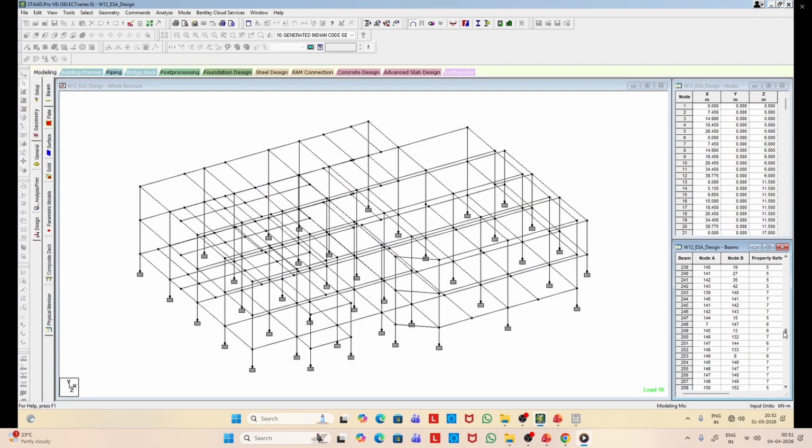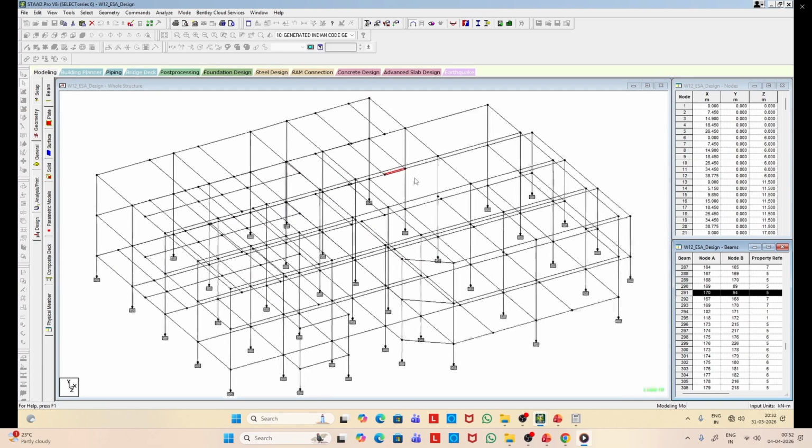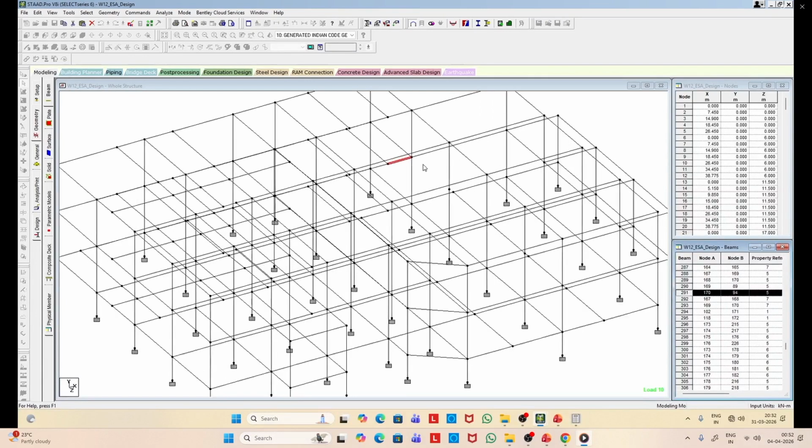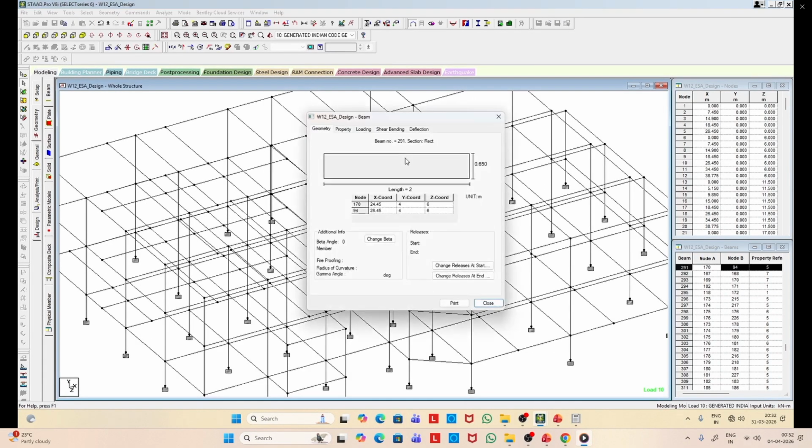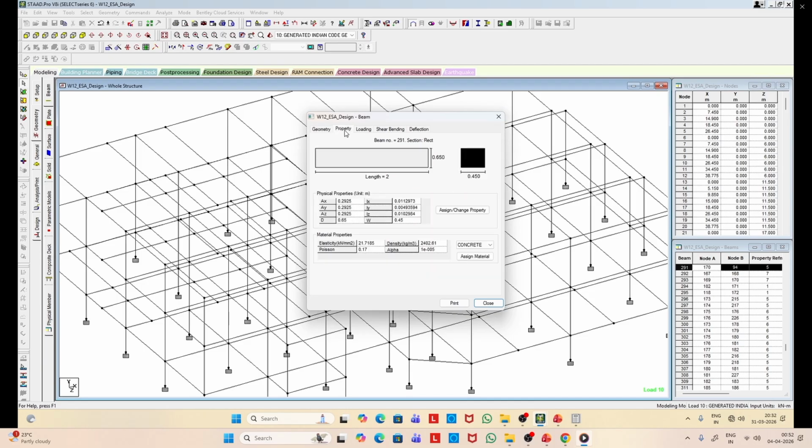Let us select that element. Let us see the location. So here it is, that small member where a secondary beam actually comes. So you can see the cross section. Right now 650 by 450.